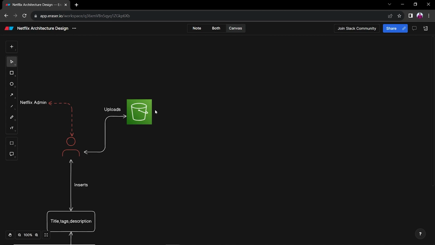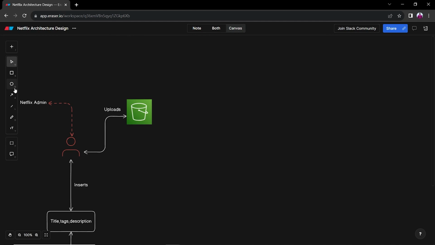Because this video could be of any format, 4K, 2K, 8K, 480 pixels, we need to convert this video to multiple different formats according to users' needs. Like if you are watching the movie on a mobile device, then the resolution would be 480 pixels. If you are using a tablet, then the resolution would be 720 pixels. If you are using a television, that would be 1080 pixels or 4K resolution. So for that, we need to process our video, and for that we are also going to use the AWS